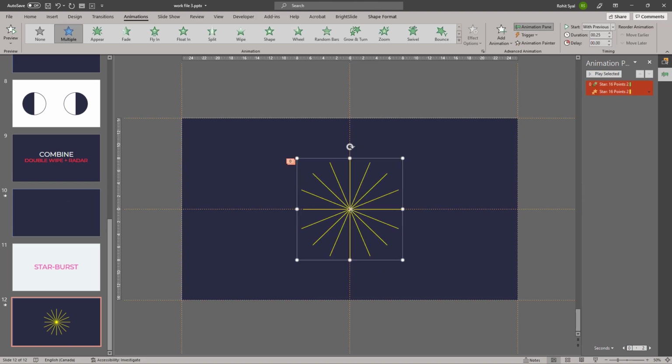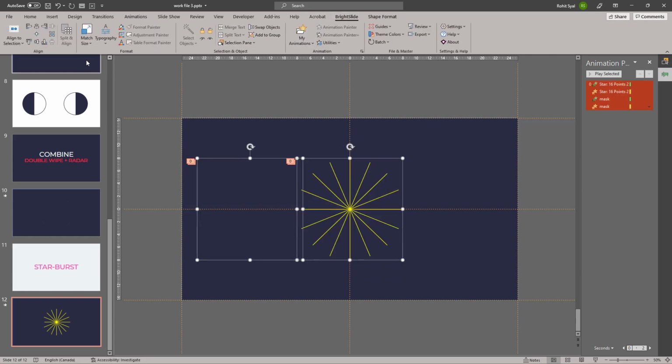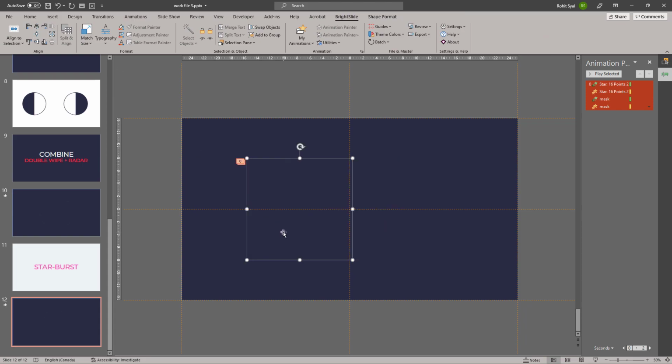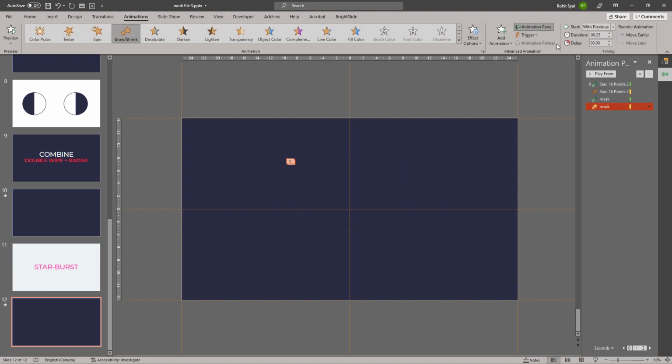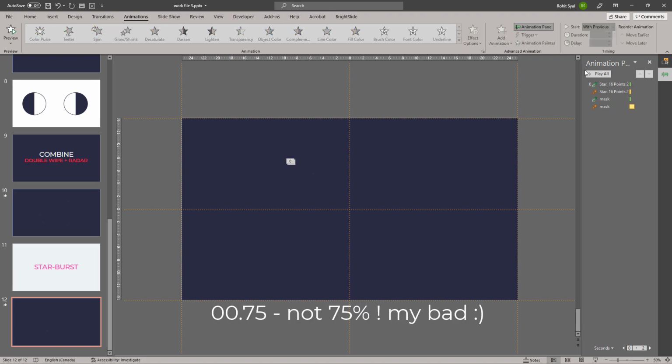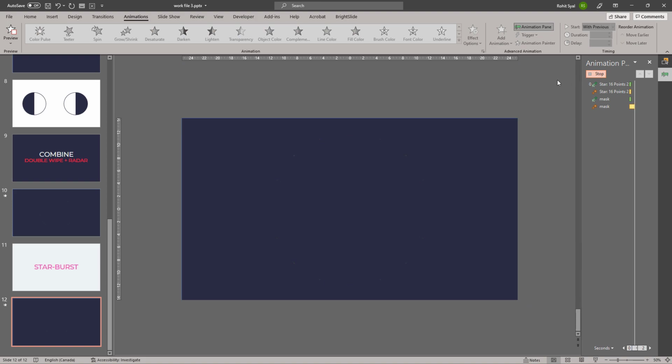Now select your star, go to Animation Painter and give the mask the same animation. Select both your objects and align them to center. In the grow and shrink animation of the mask, let's change the duration to about 75% and let's play it.